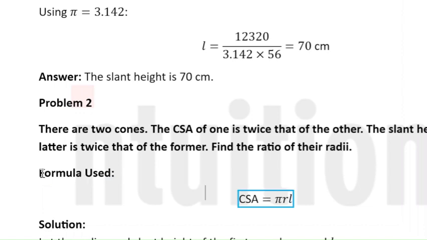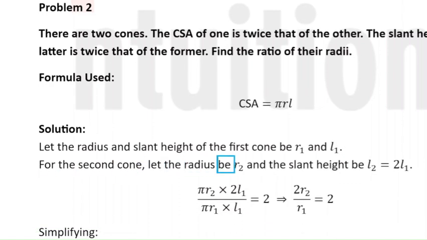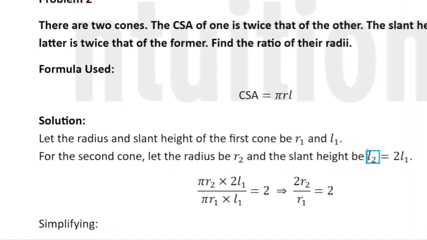Formula used: CSA equals πrl. Solution: let the radius and slant height of the first cone be r1 and l1. For the second cone, let the radius be r2 and the slant height be l2 equals 2l1. Numerator: π r2 times 2l1, over denominator, π r1